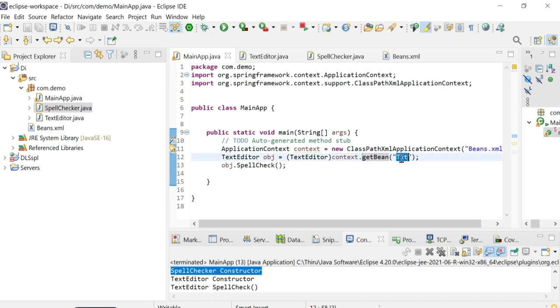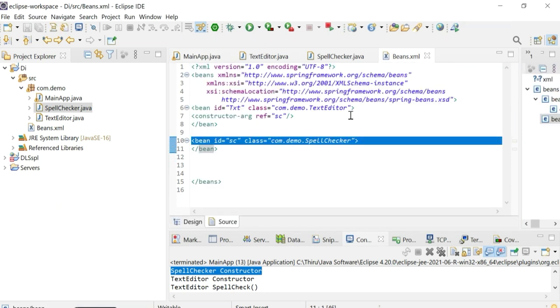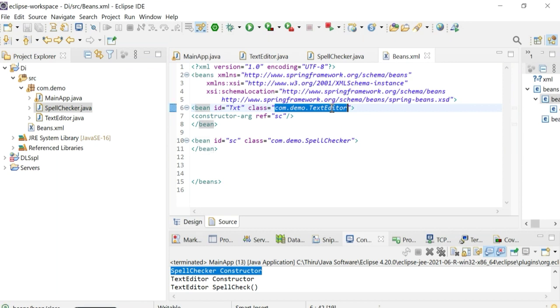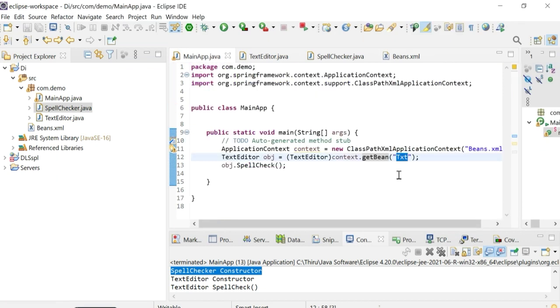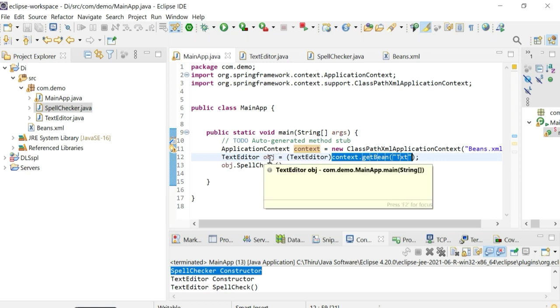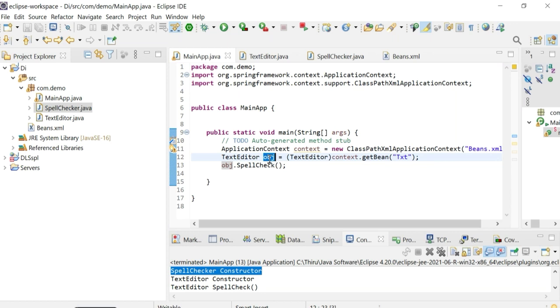Within the get bean method we need to pass the bean id, which here you can see for the text editor is txt. So we pass in context dot get bean txt.